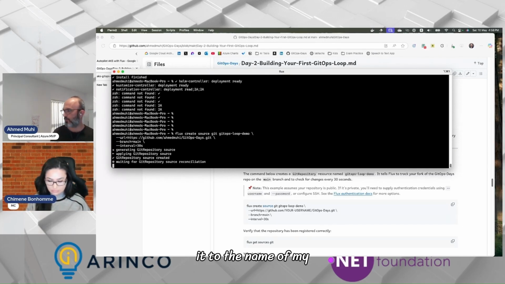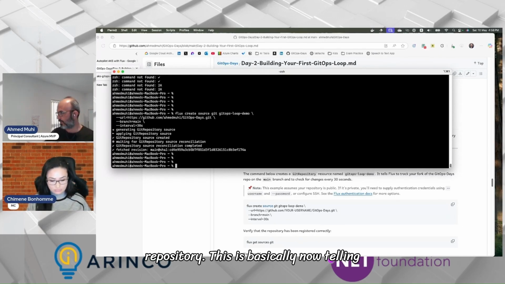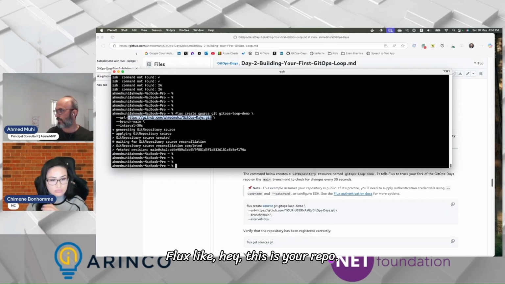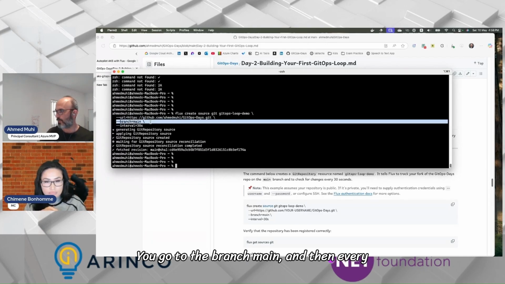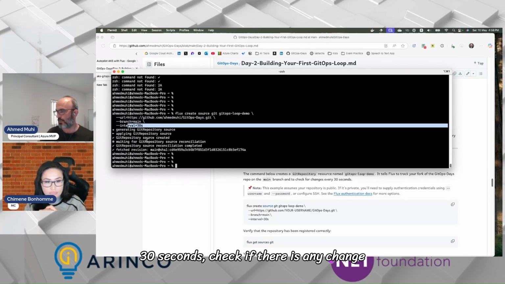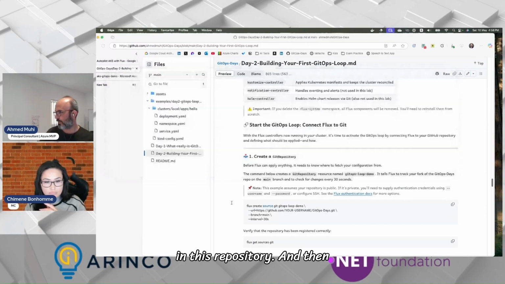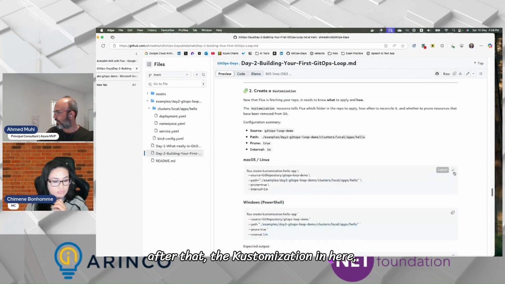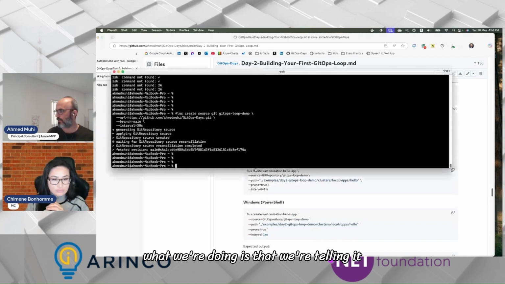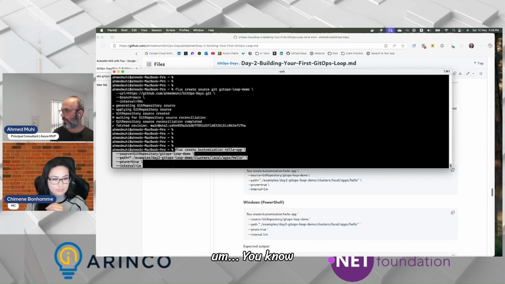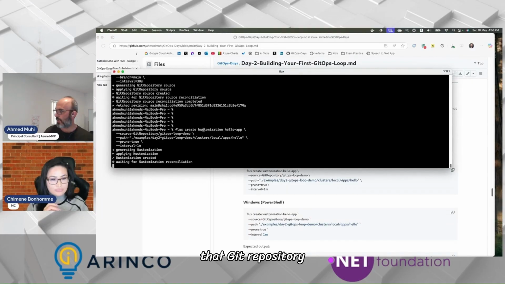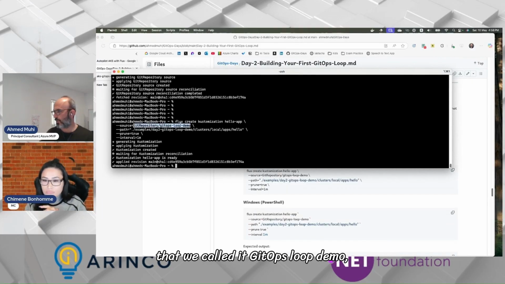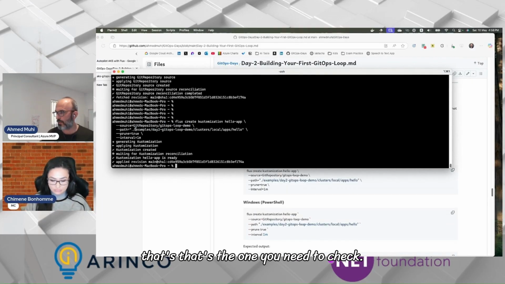So I'll change it to the name of my repository. This is now telling Flux, hey, this is your repo. Go to the branch main, and every 30 seconds, check if there is any change in this repository, right? And then after that, the customization. In here, we're telling it, you know that Git repository that we called GitOps loop demo? That's the one you need to check.